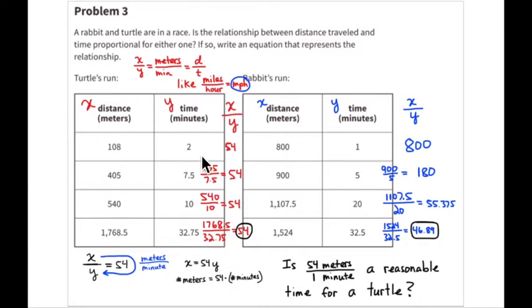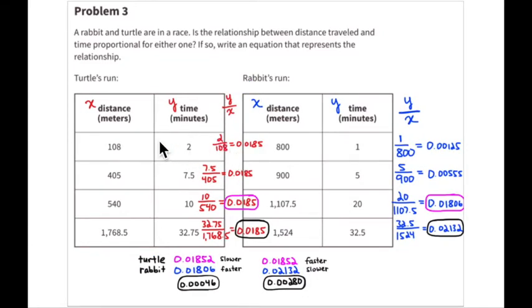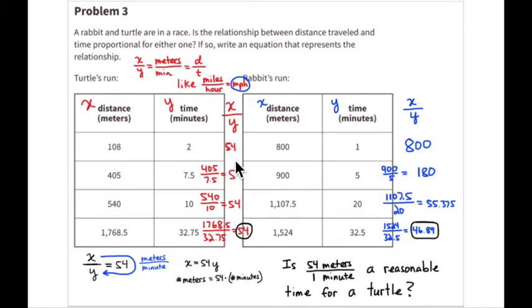So it's how much distance per minute each of these characters runs. And the turtle moves at 54 meters per minute. So 108 divided by 2 is 54 meters per minute. That, by the way, is the reciprocal of the minutes per meter. This simplifies to 1 over 54. So 1 minute per 54 meters, or 54 meters per 1 minute. And so you do that calculation now, and you see that it's always 54